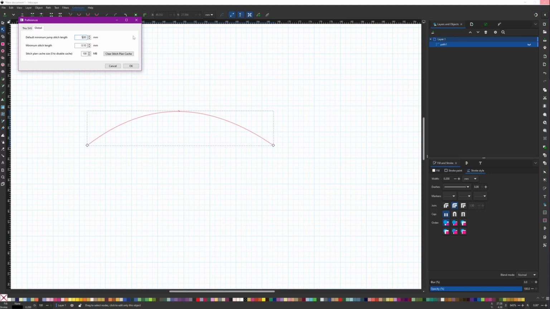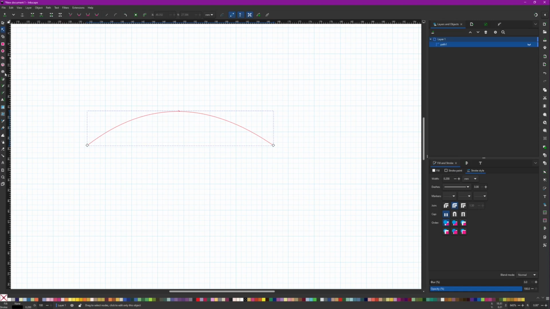Mine personally is set to 5 millimeters. 5 millimeters is also a good length to have because anything less than 5 millimeters when it comes to jump stitches, they're kind of a pain to trim manually with scissors. So by enabling this option, if it's not already enabled on yours, it'll show you how many jump stitches you have in your design when you do a realistic render that are smaller than 5 millimeters, which, like I said, will be a pain to trim. So when we just click OK after setting our auto trim,